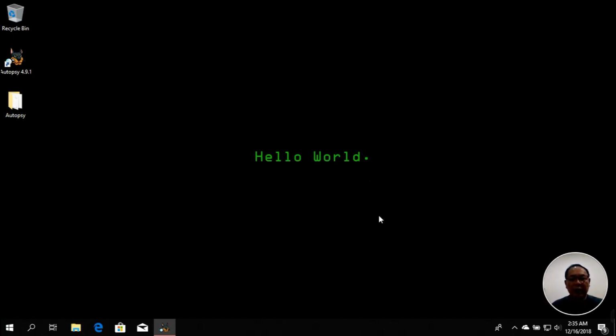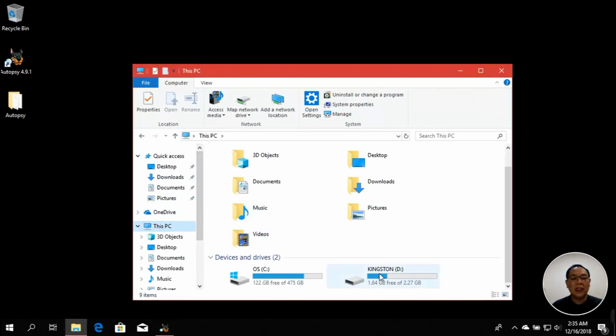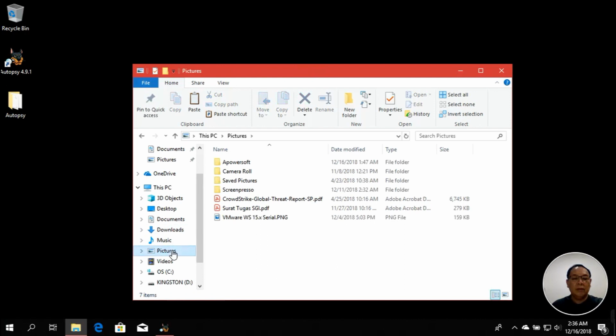Now, as the example, I will show you on exploring or investigating a thumb drive, a flash disk. Let's have a look at the flash disk. So click the PC and we got this Kingston, right? So I'll delete whatever inside here by reformatting, or perhaps before doing the formatting, I would just copy some of